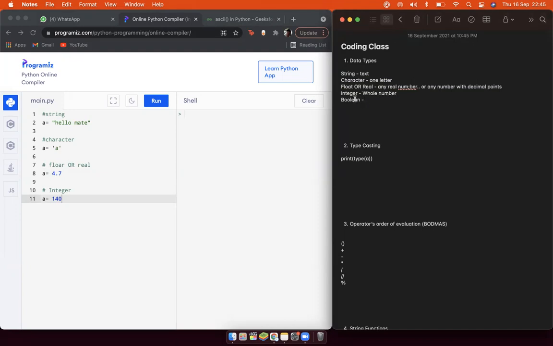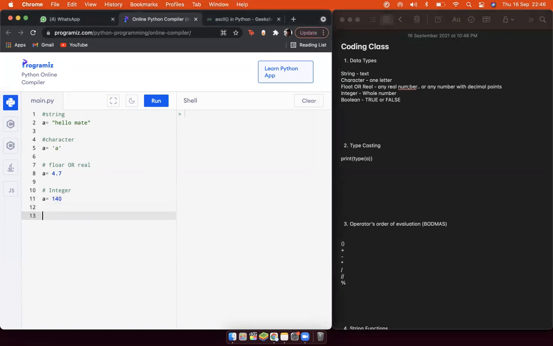Now boolean. We haven't done much of this, but it's basically true or false. It can store only values that are true or false. So a equals true.